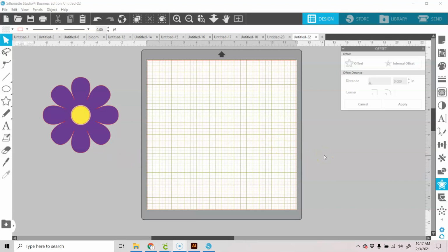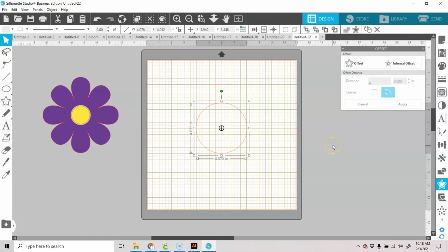If you have Designer Edition and above, sometimes you'll notice that if you draw a shape, you'll have this annoying little cross circle here, and you don't necessarily know how to turn it off and on. But if you press the O key on your keyboard, you'll be able to turn it off and on, and I've covered that in another video. Sometimes that tool can be annoying, but it can also be very helpful for you when you're designing